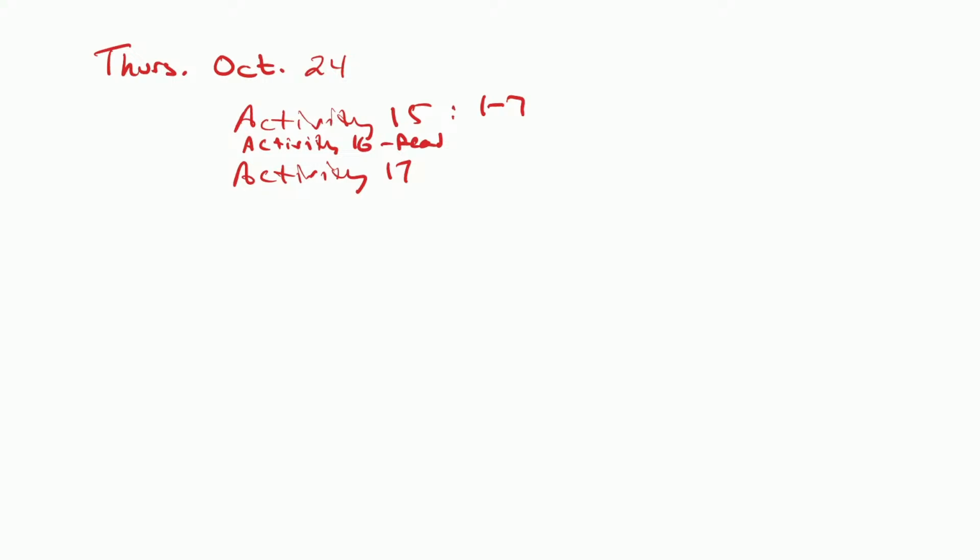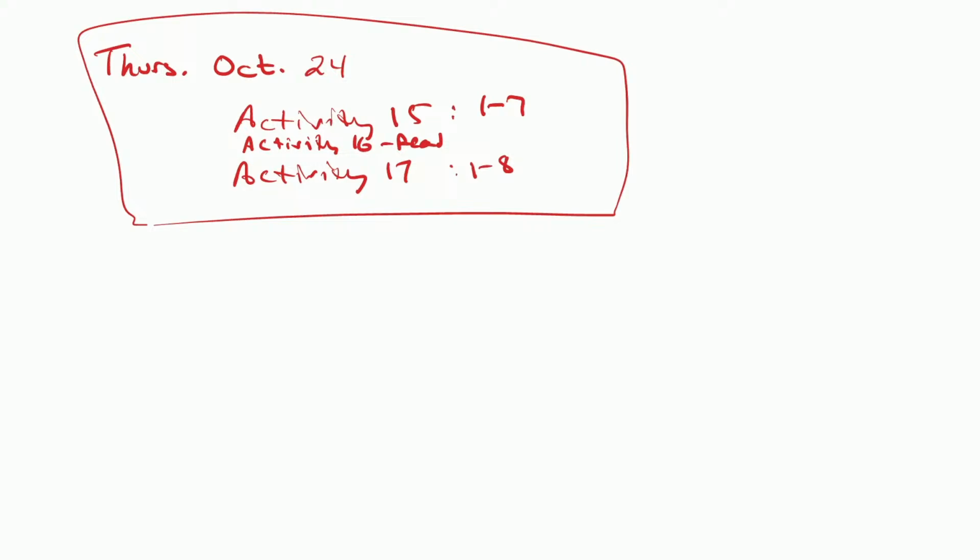Then skip ahead to activity 17, which is something called the quota method. There, I think 1 through 8 is good. These are all pretty straightforward, pretty easy to do. So there's that for next week. There's lots of time, but I know you don't want to do this at home, so you probably won't bring this home with you. Okay, so onward.